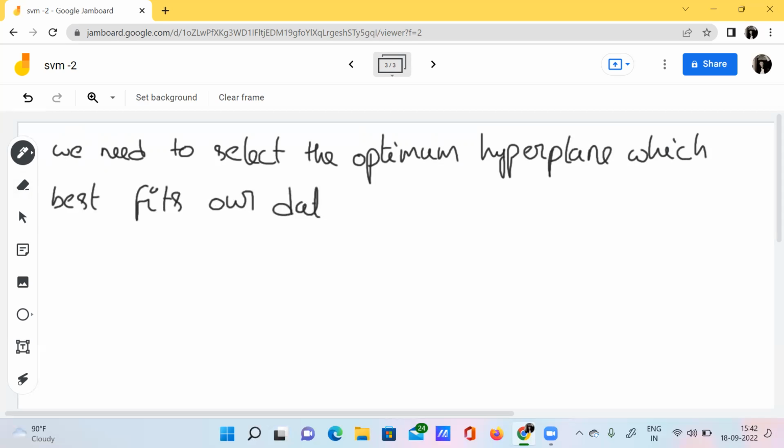So we need one such hyperplane with which we can classify our data exactly, or in the best possible way.